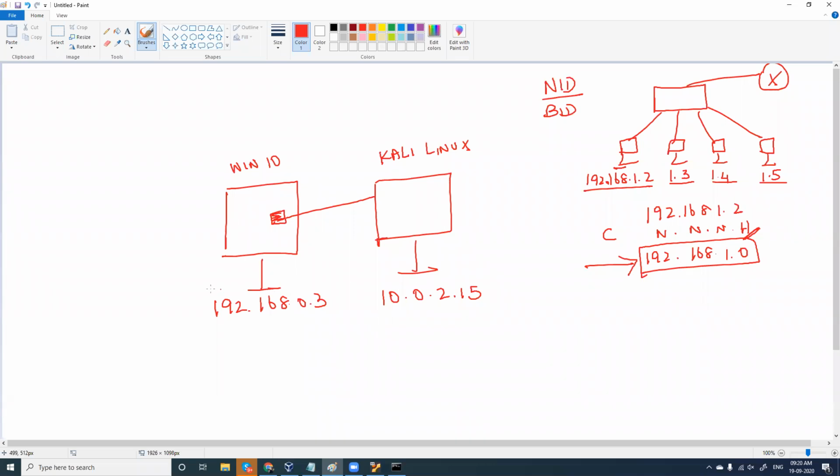Fine. So now I'm connected to my Wi-Fi here, and my computer's IP address is 192.168.0.3. But why is the Kali Linux IP address in class A? So the network ID of this is not equal to the network ID of this, which means this computer here, which is inside VirtualBox, is behaving like it is in a different LAN. Do you want this, or don't you want this? Fine, we have to decide this.